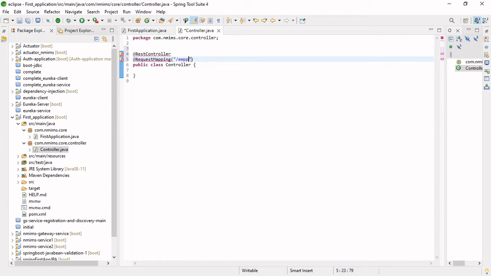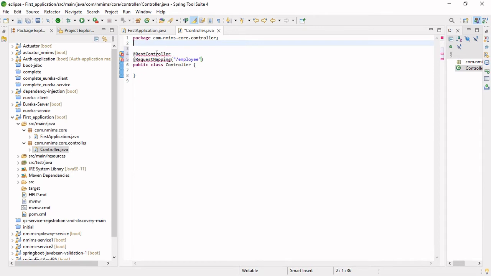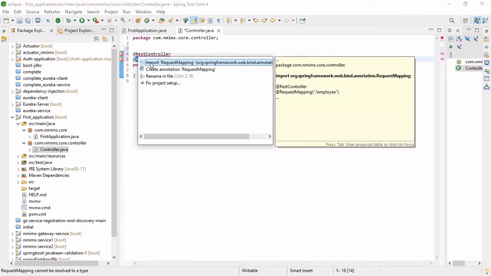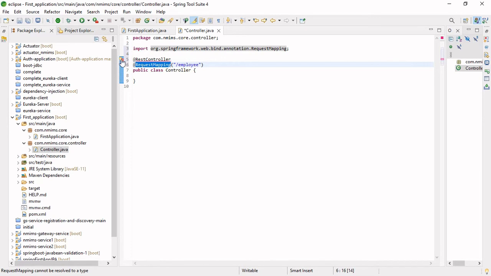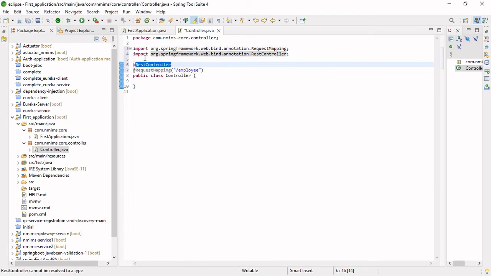So I am providing the additional URL as employee, and now I have to import these two annotations. So as you can see, these two annotations are imported,